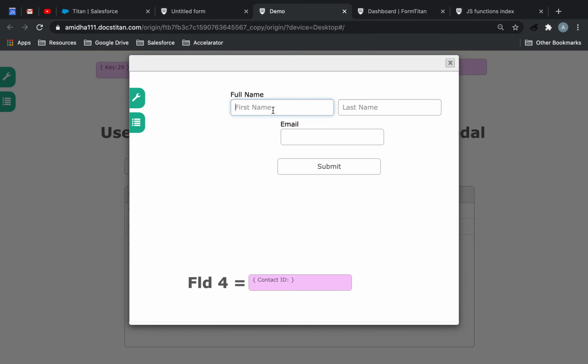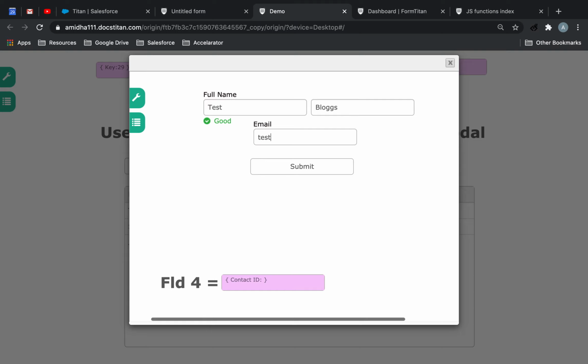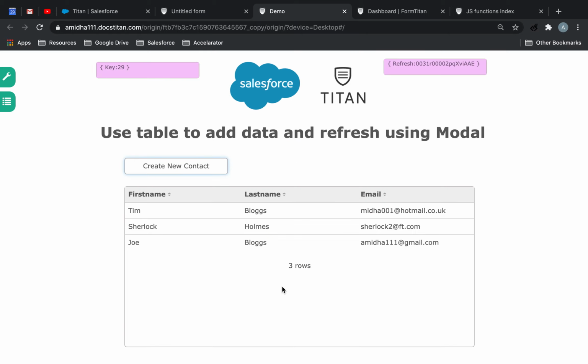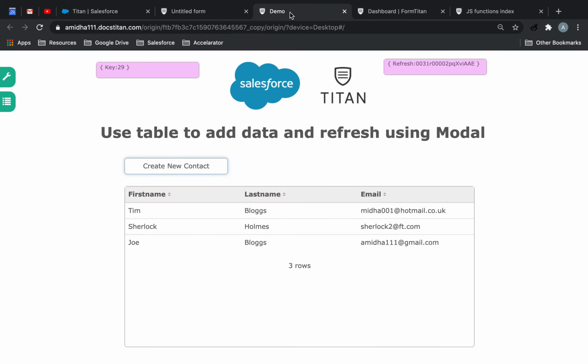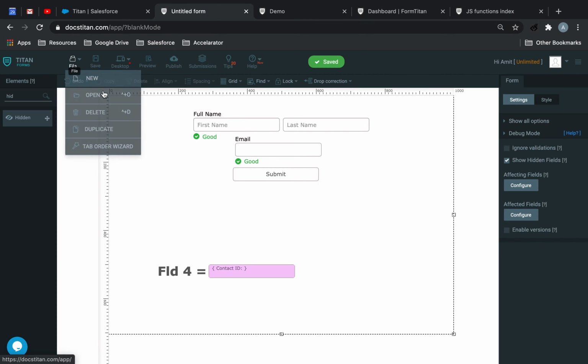Okay, so I'm just going to do like test blogs, test at blogsgmail.com. Now, if I click submit, you can see that it's going to pass value here. But you see, as soon as it's passed the value, it's also passed that value back here. All right, so this is really, really good because this is what it's done. From the parent, I have set the value to pass back to my parent form. From child to parent. Now, all I have to do is one final thing, which is go back to my original form